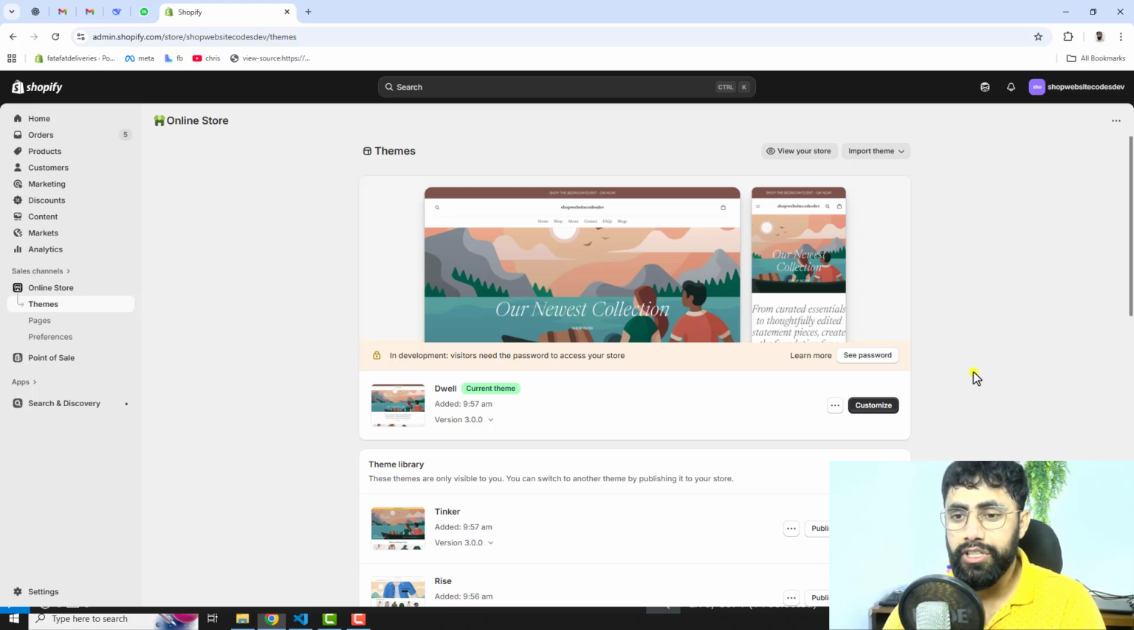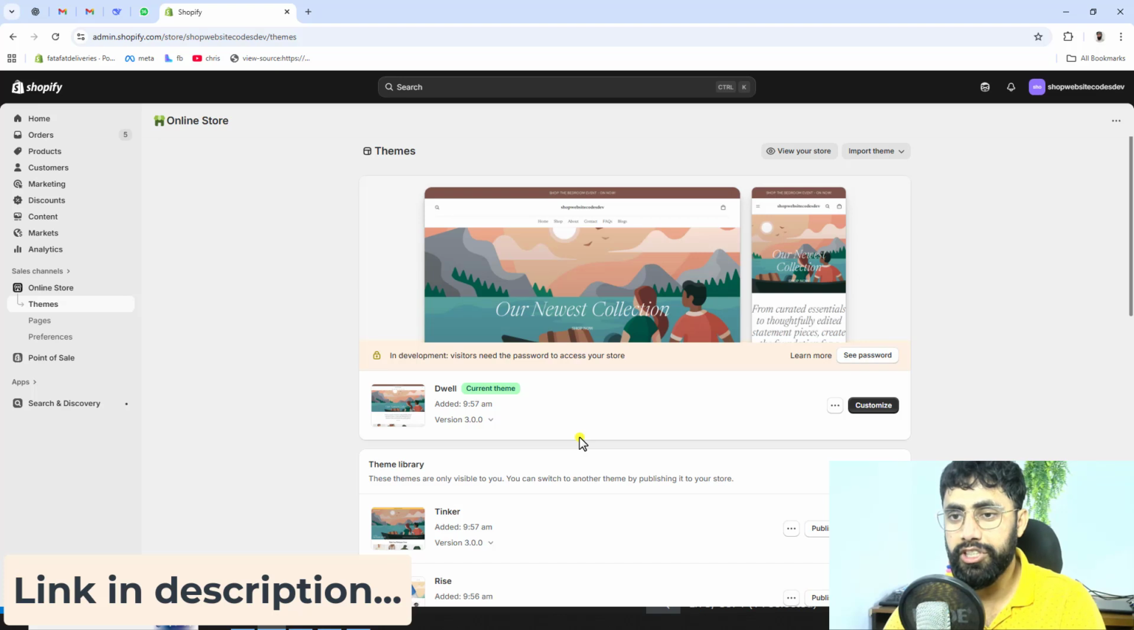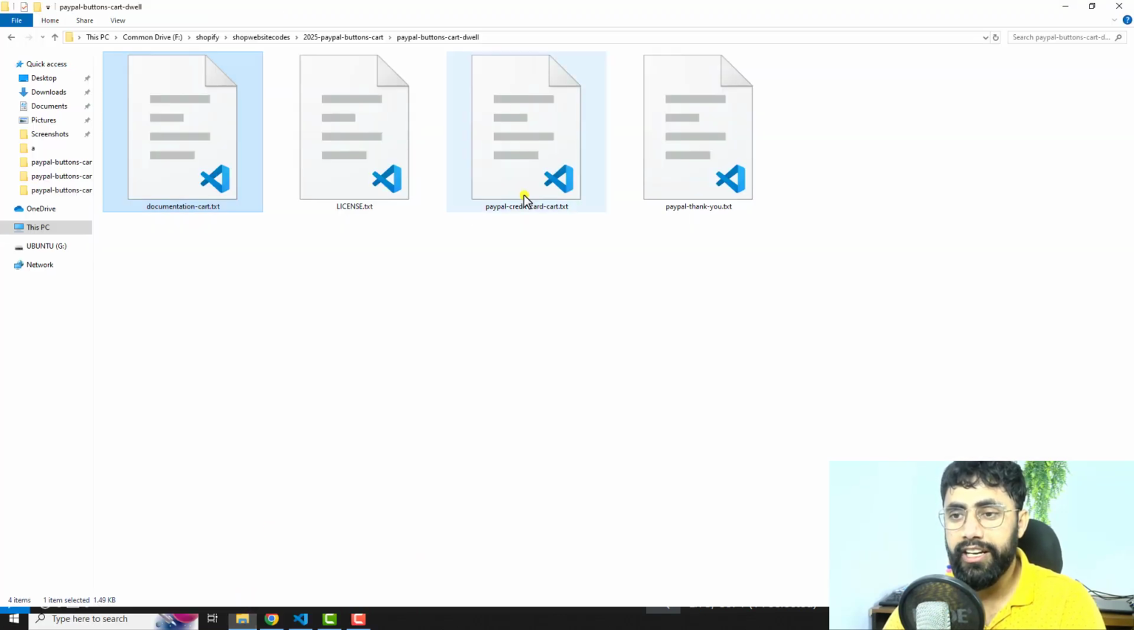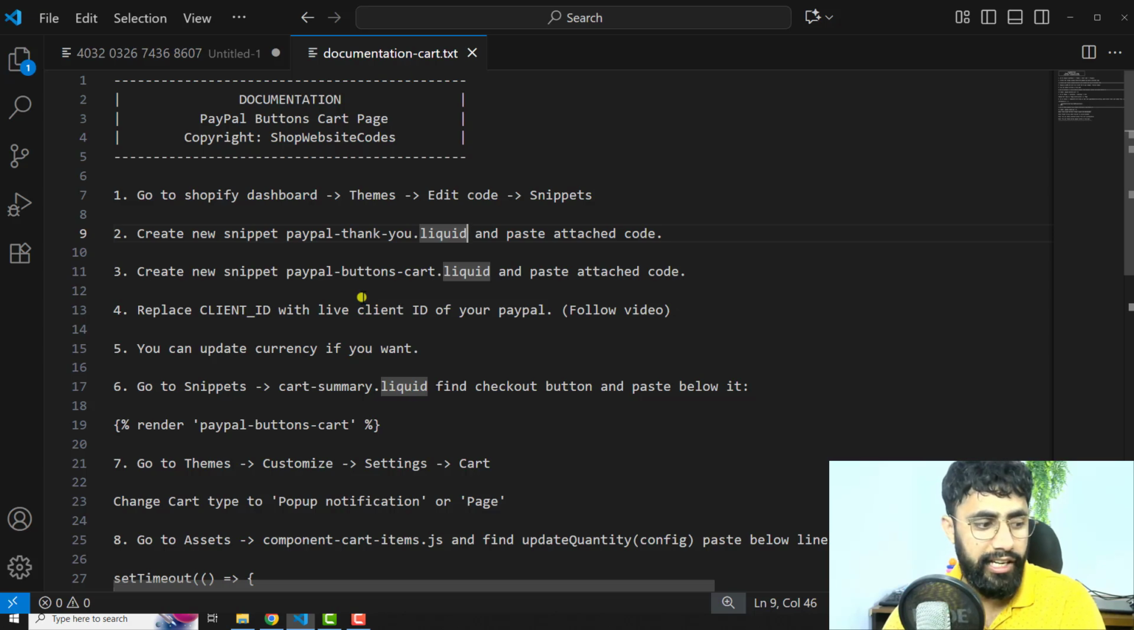On my screen you can see the dashboard of my Shopify store, and I have installed the Dawn theme. If you have any other theme, then please refer to that playlist. I have already given the documentation link below in the description, so you should click on that. Once you click on that, you will get all these files after downloading. You should open documentation-cart.txt. In this file, I have given complete documentation which I will follow in this video